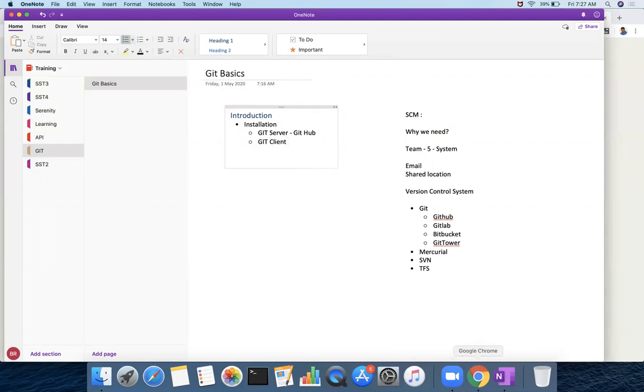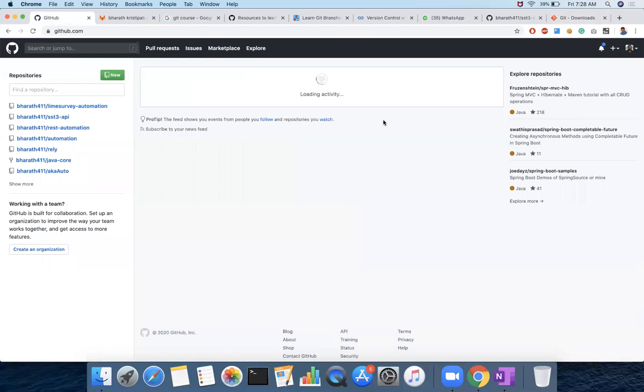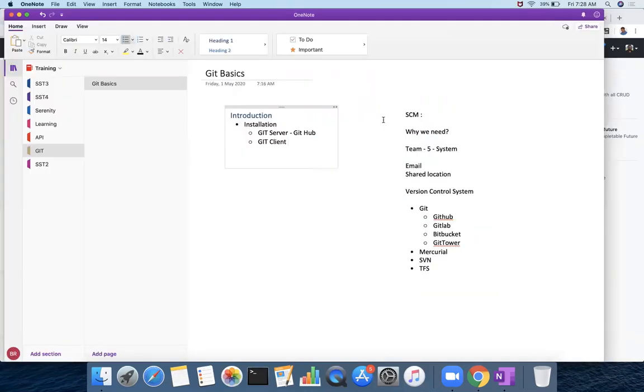I hope you understand that the Git client can be downloaded and installed. For the Git server, you have to create an account in GitHub. When you create an account and log in, you can see your basic page, where you can create a repository. Now you have a Git server and a Git client. The next thing we do is Git operations. First we need to learn what operations Git supports. I'll list a few operations here, and we'll try to learn them first.